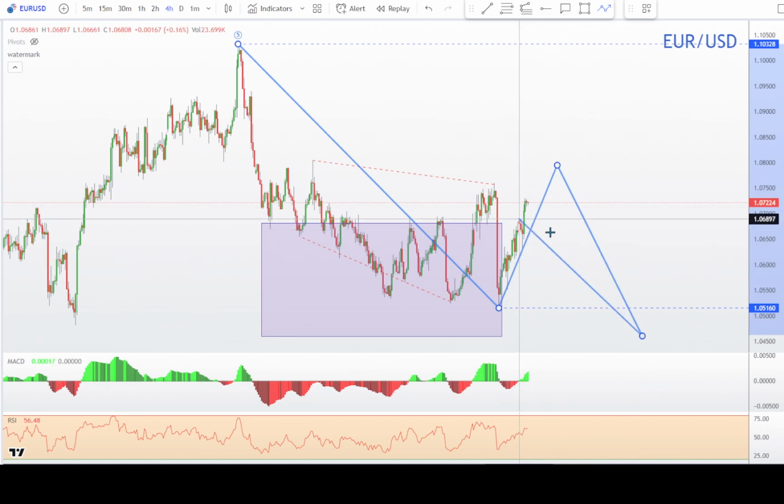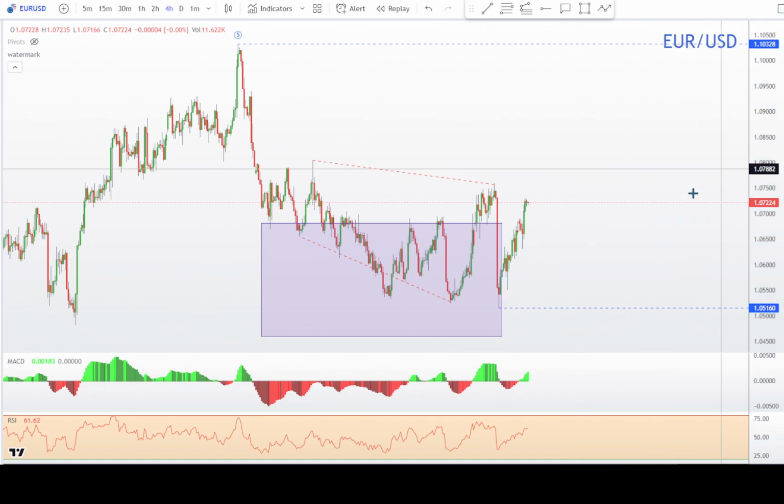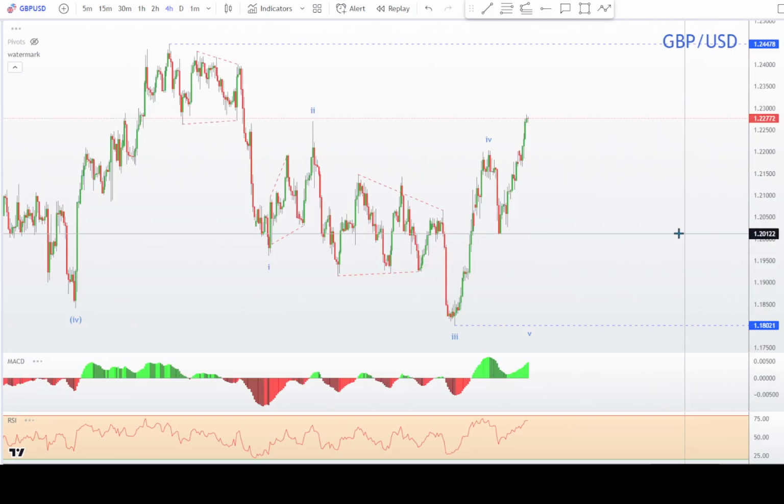Then I think the euro might be just in the process of making some type of B move for one more down. So I'd be cautious on buying from here. You might be able to get it down below here one more time. Pound,